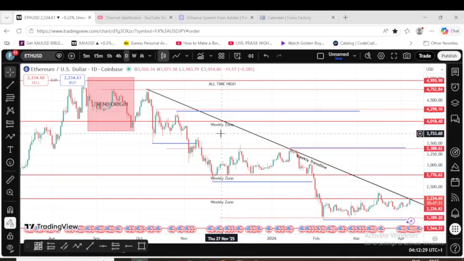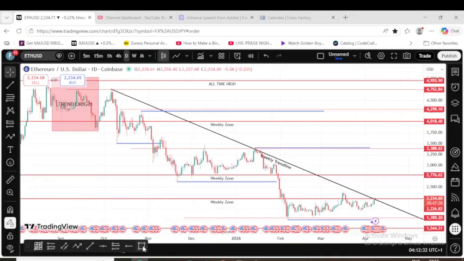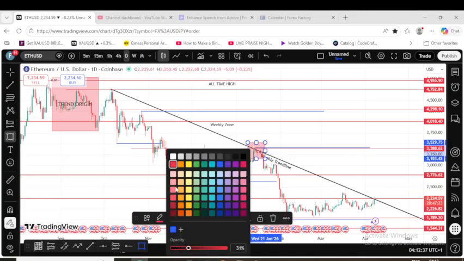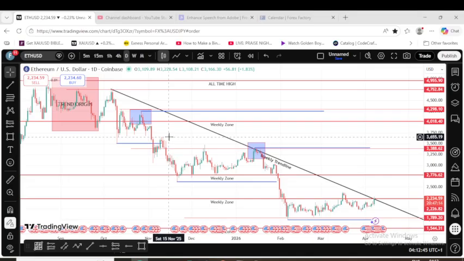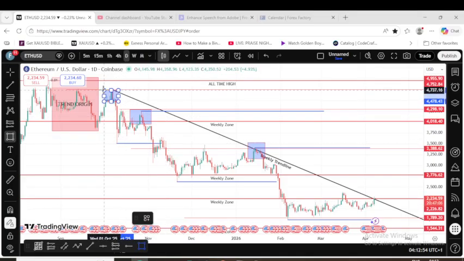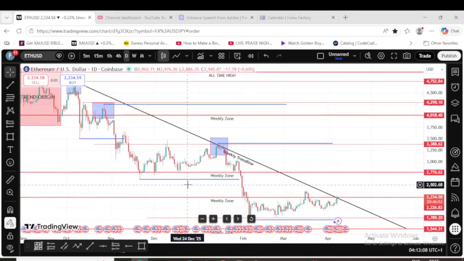Okay, so we're going to identify this price, this price, this price. Let's also identify this price because it makes contact with our trend line. First, for the sake of seeing if there are any common patterns, I'm going to go down to the 4-hour time frame and see if there are any common patterns that appear within these 3 blue boxes. And if there is any common pattern that appears, we'll look for it within our